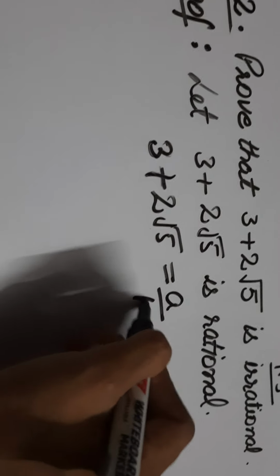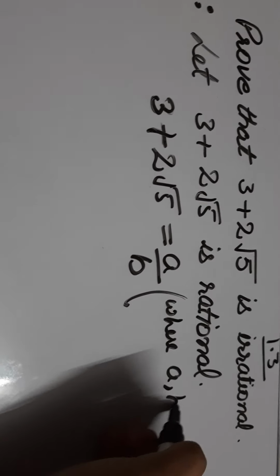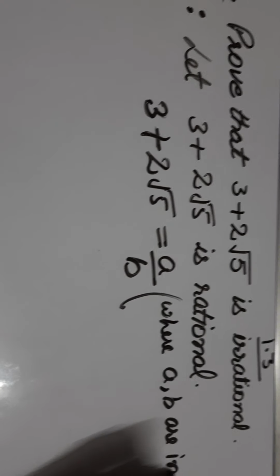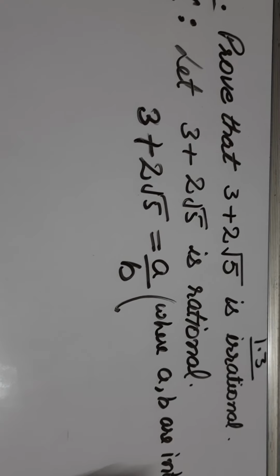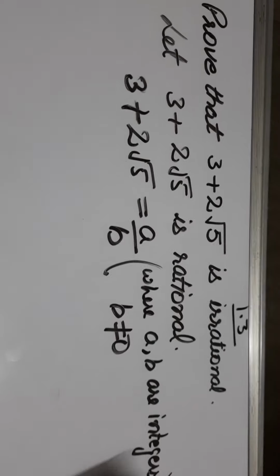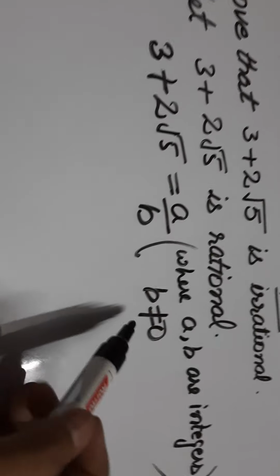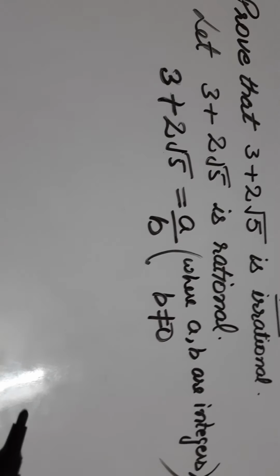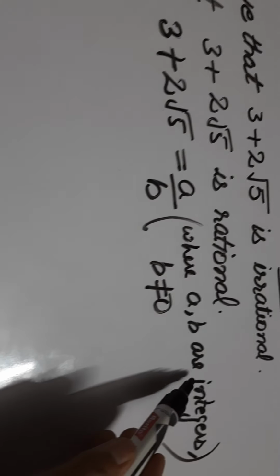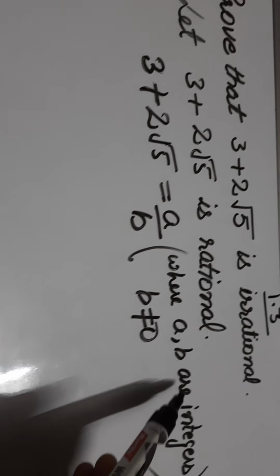First of all, it can be written in a by b form, means a fraction. Second point, where a and b are integers. And third point, the denominator, that is b, is not equal to 0. So in this way you have to write all the 3 points of the rational definition. And in the theorem we used the word coprime, about which I taught you yesterday, and now we are using integers because this is the question.